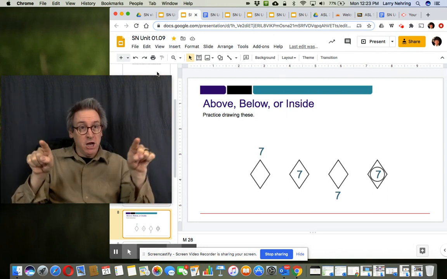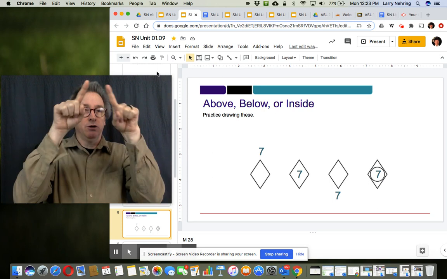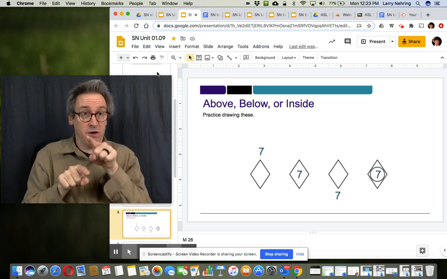So we've just drawn it. You don't want to drop this. You want to keep it up there. So now here's the bottom of the diamond, and right up in the middle,